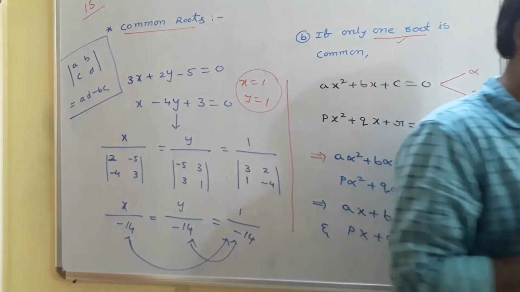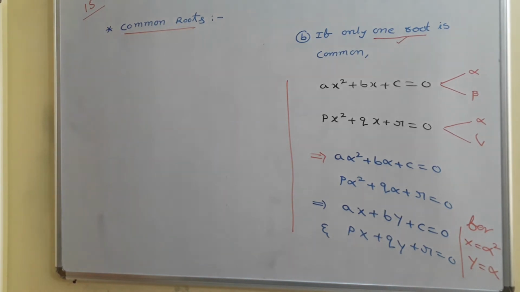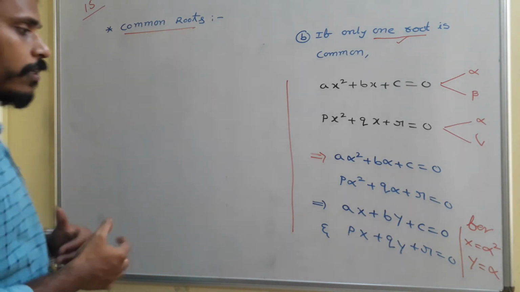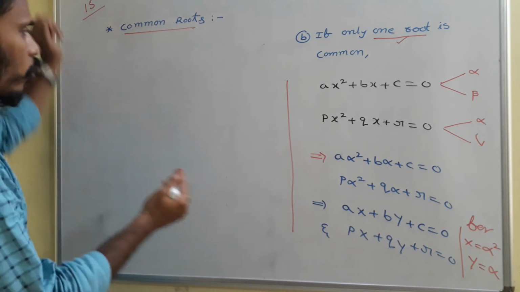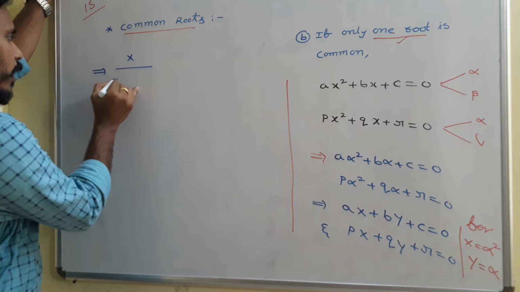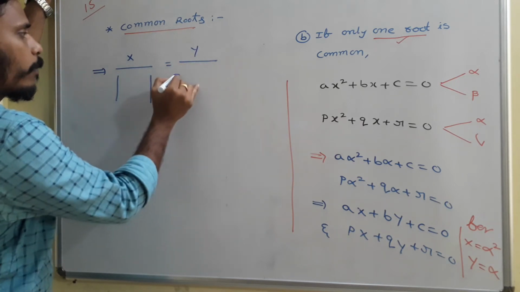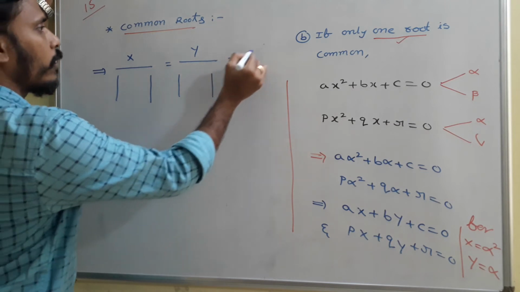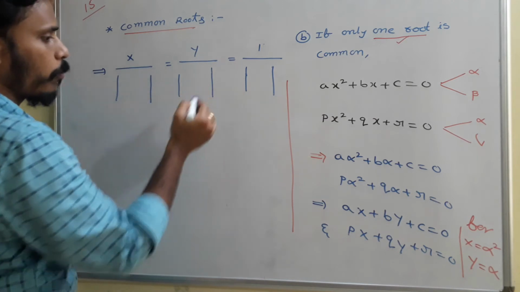Just keep in mind this way, and then try to solve the required two equations in terms of capital X. Now, as we discussed the shortcut method, we are going to write x and y from this. To calculate x and y: x divided by the determinant of, is equal to y divided by determinant of, is equal to 1 divided by the determinant of. We need to fill these boxes now.